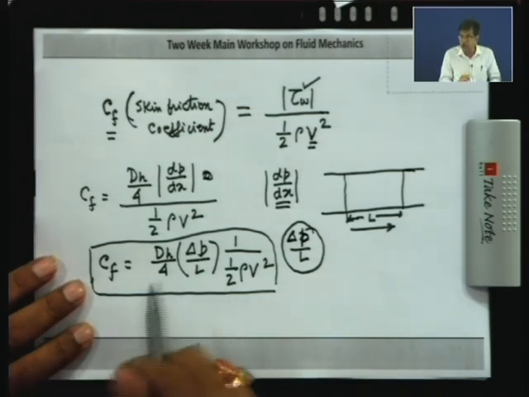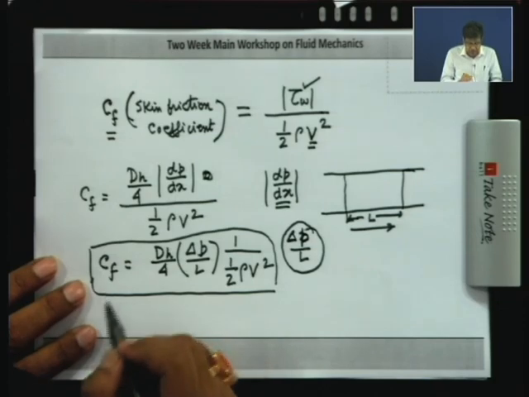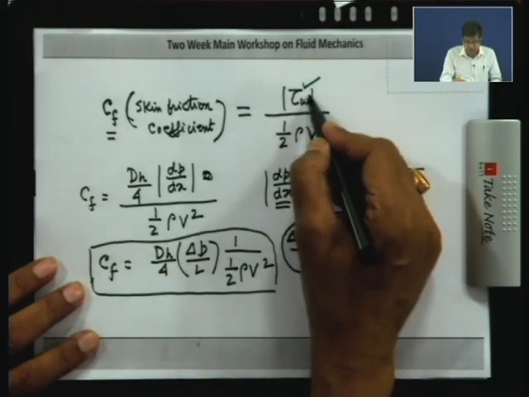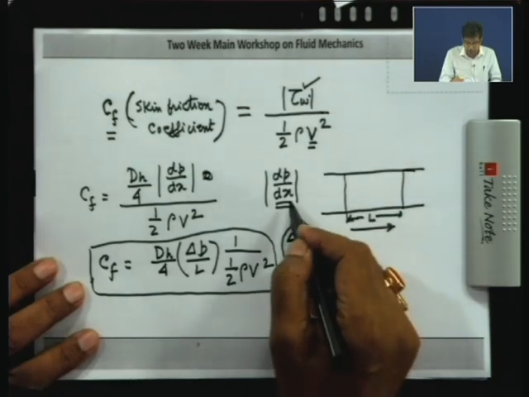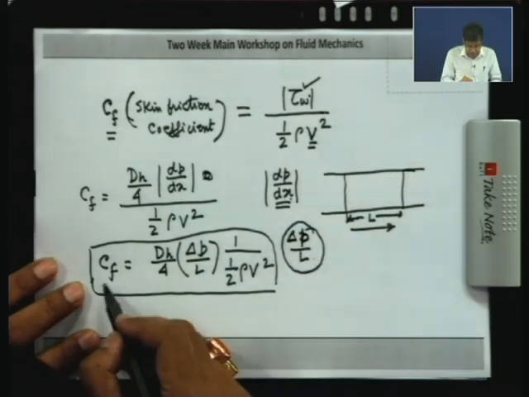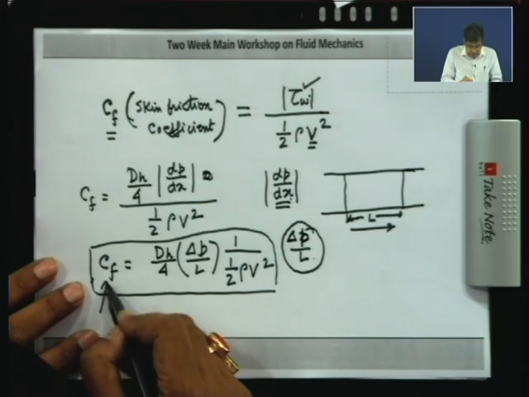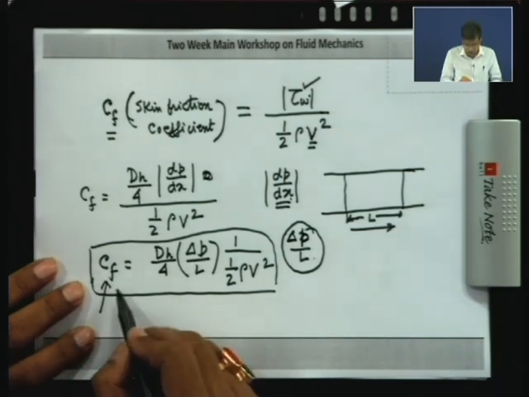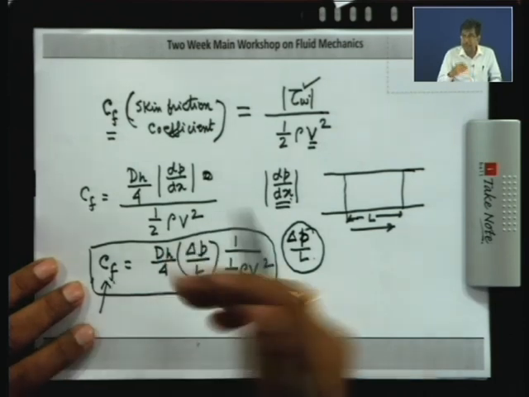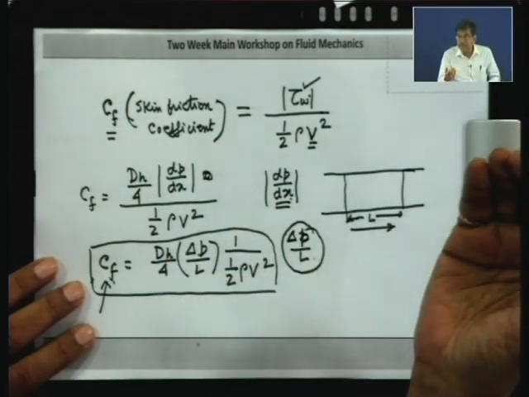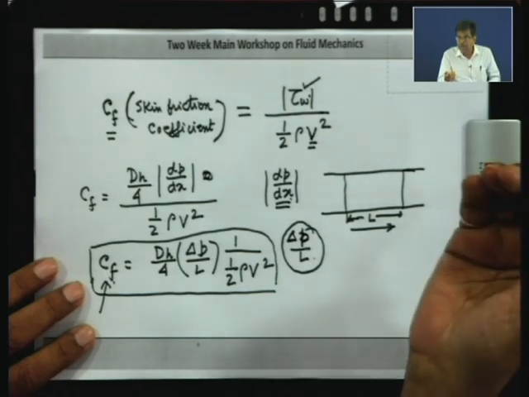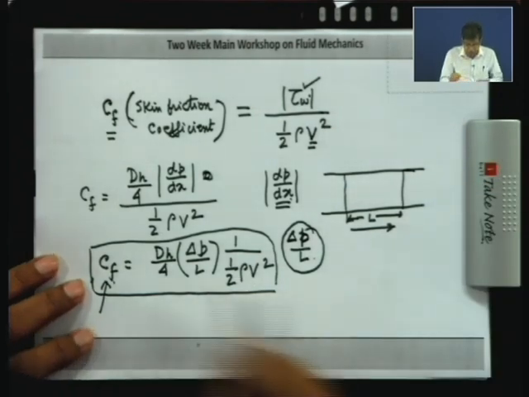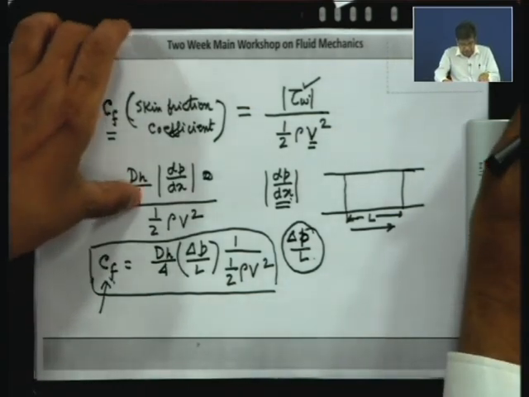Now, what is the job? The job is that in academia we find out the wall shear stress, from which we find out the value of dP dx or delta P by L, and find out the value of the coefficient of friction, and this coefficient of friction is ultimately provided in terms of a chart or figure, and then this is used in practice. So, now with this definition of coefficient of friction, one can write